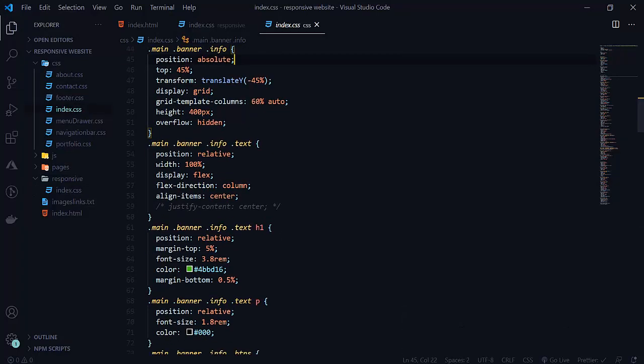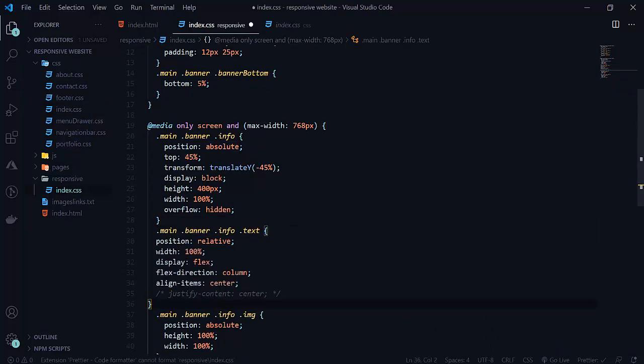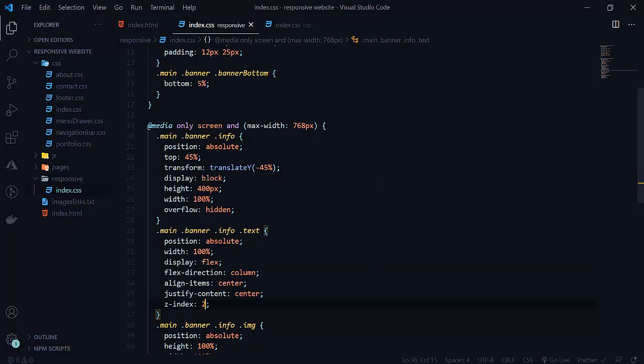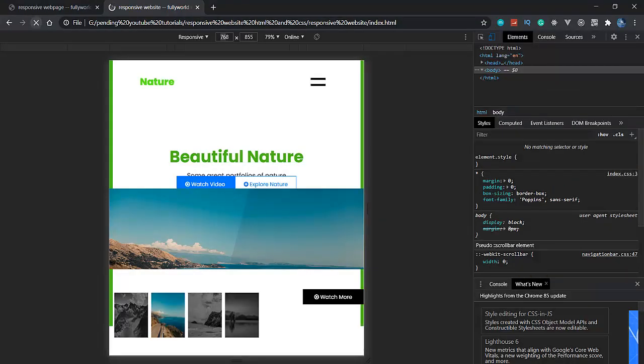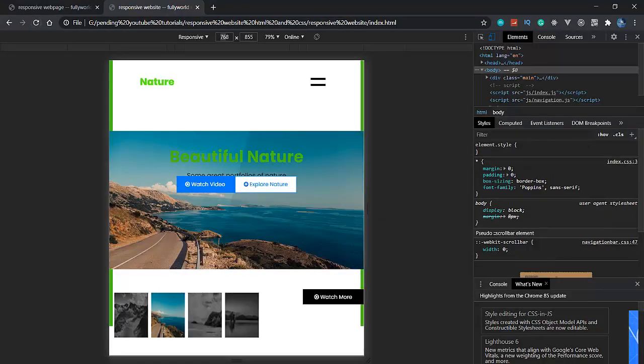Where is our text here? So I'm copying this text here, that is under the info here. So then I will paste it here. So here we want to justify content and center also. So here its position will be absolute, and Z index will be 2 here. So let's do this. When I reload this, see that now our image is at the back here. So now our image is at back, that we wanted already. So this is very good practice now.